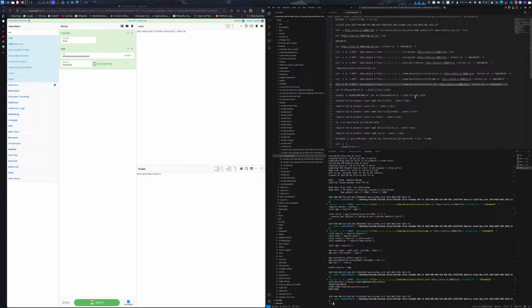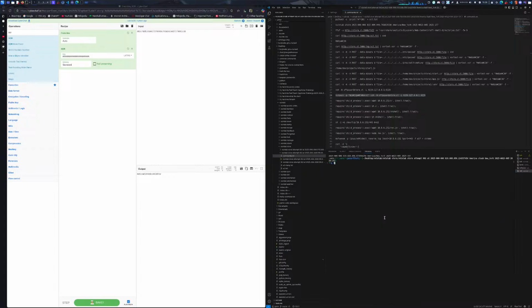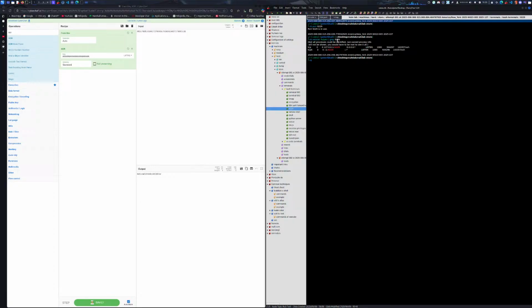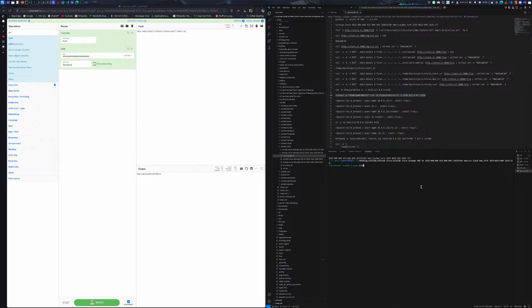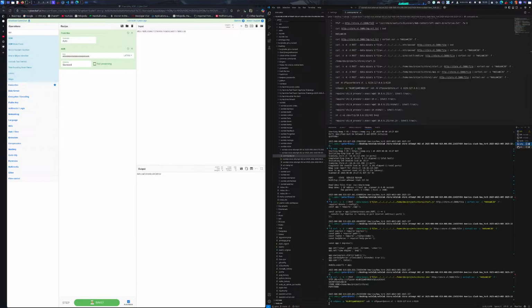What we can do is do port forwarding. And I think I did something like this. Let's see. See this. Okay, so then the next step is to